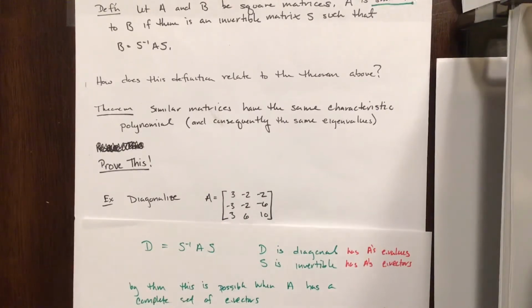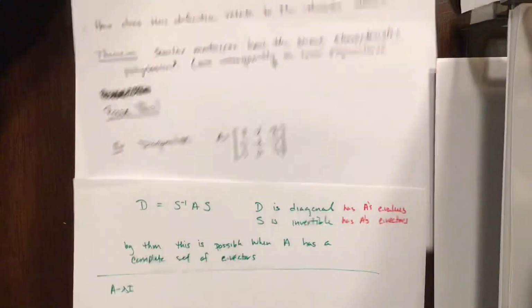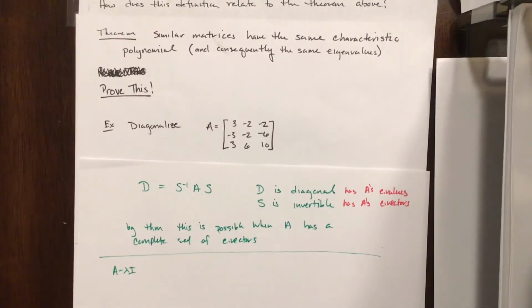So let's see what we have here. First off, we need to know what the eigenvalues are for A. So we can compute A minus lambda I, so just take lambda off the diagonal. Negative 2, negative 2, negative 6, negative 3, 3, and 6. And take its determinant. So the determinant of A minus lambda I is,